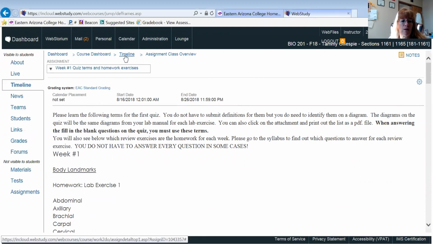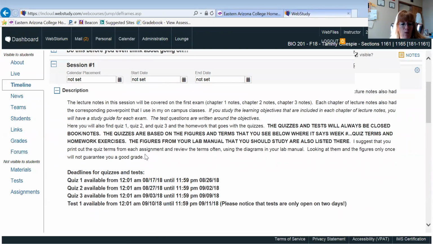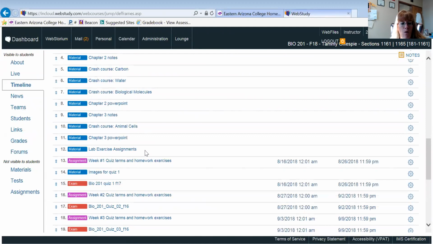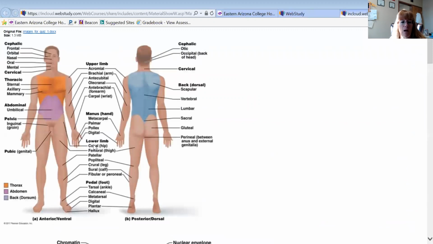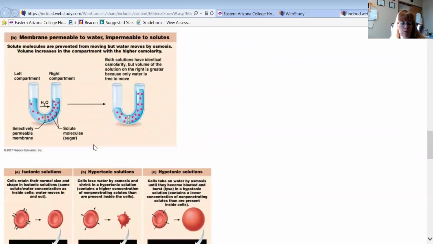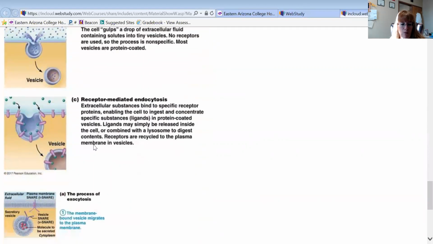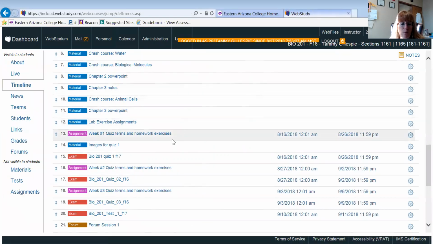So if we go back to the timeline, you'll notice in this session there are 2 more quizzes. So this week, oh, and here are the images because you didn't have the lab manual. I posted all of the images so you could learn all of the terms for this week's quiz. So there's everything that you should have studied. And so this week,